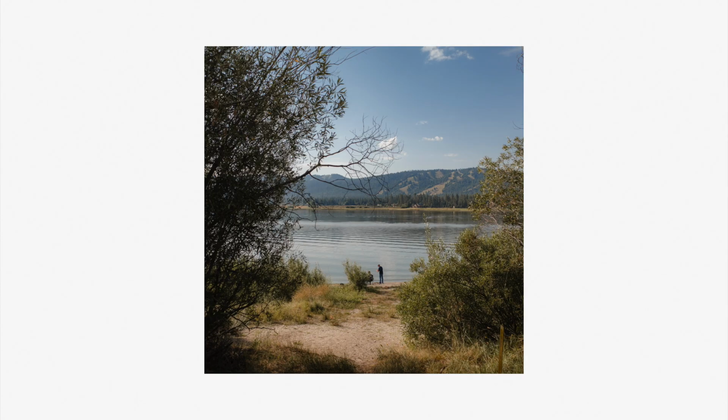This is a photo I took of these two gentlemen who were fishing down by the lake, and I thought it was really cool because it was a patch of trees, and then there was like a nice guiding line for me to shoot this, and I thought it was really pretty to kind of see how relaxing this kind